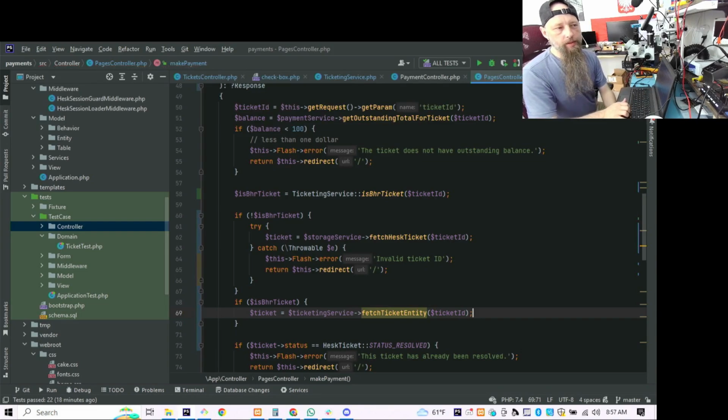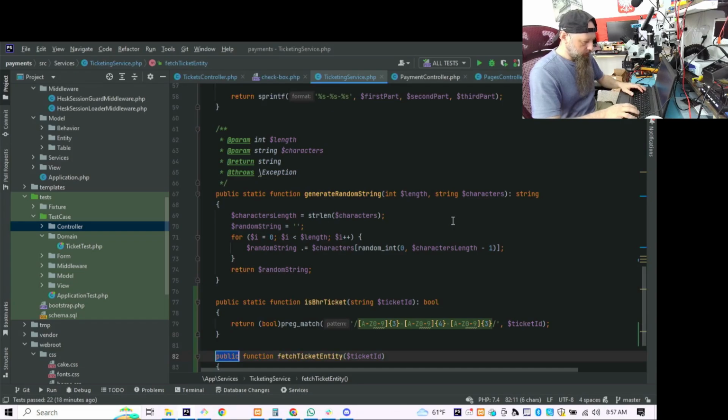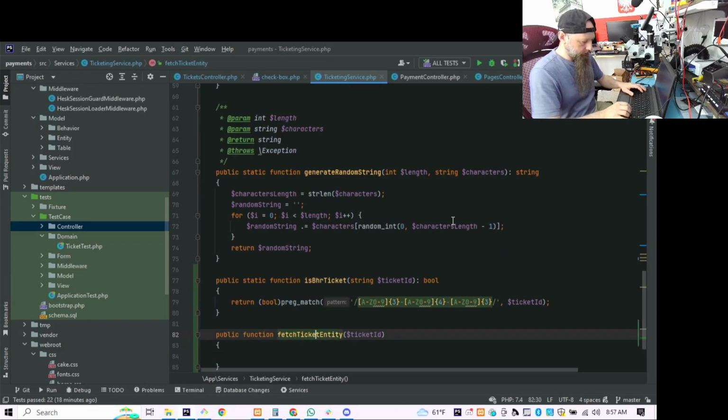We want to return the entity so it's compatible. So it's gonna have a status and it's gonna have a subject and the name, because we need it here. There will also be a method to return the ticket domain object,